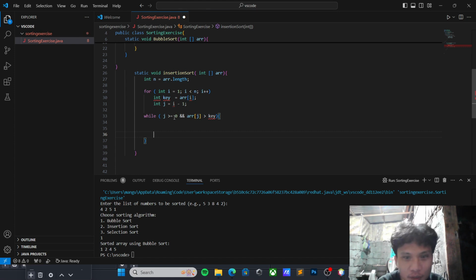Now the inner loop shifts the elements in the sorted portion of the array to make space for the key.